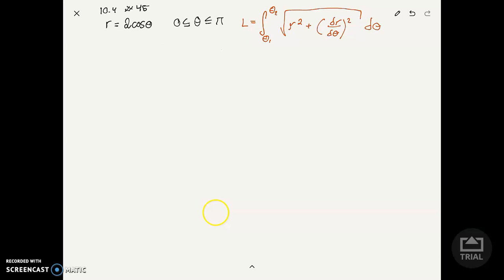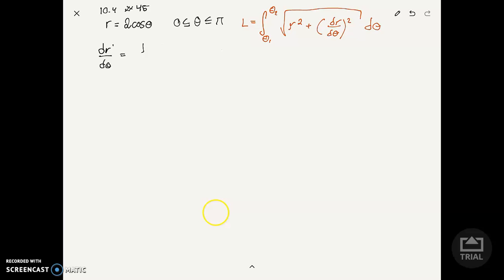Alright, so this question is asking to find the length of a curve in polar, and the formula is written here in orange, and really it's just a pretty straightforward computational problem, so let's just get into it. I'm going to start off by calculating dr d theta,